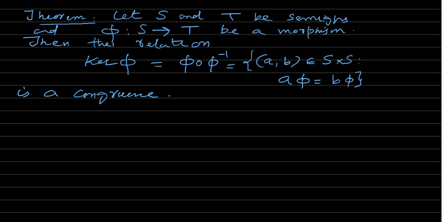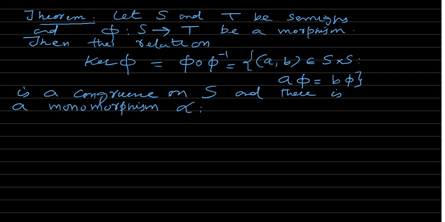It is the same actually. This is a congruence. This is a congruence on S. Okay, it's a relation, it's a subset of S cross S, and there is a monomorphism. Let's denote that by alpha, which is from S over kernel of phi to T. There is a morphism from this to T